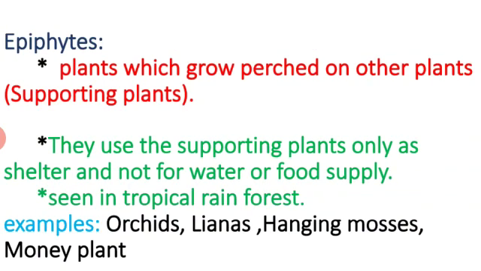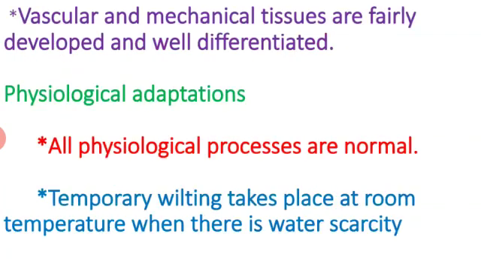Next topic is about epiphytes. Already we have learnt in the previous topics what an epiphyte is and what the examples are. So here also, once again, you can see what an epiphyte is. Epi means outer, phytes means plants, the outer surface of the plant. Some of the plants used to grow there, so those plants are called epiphytic plants.